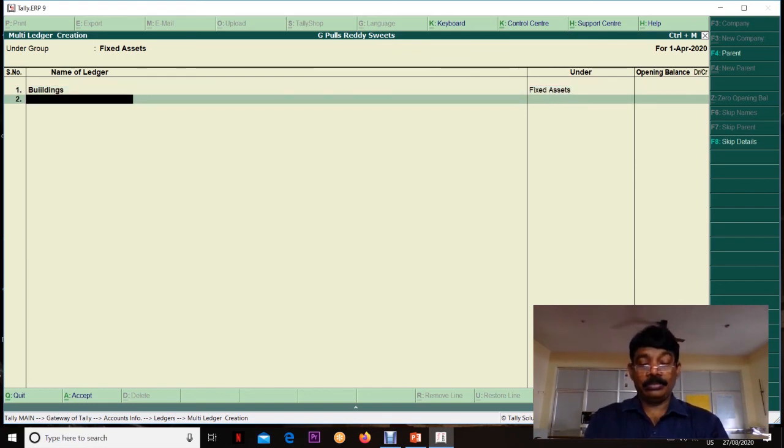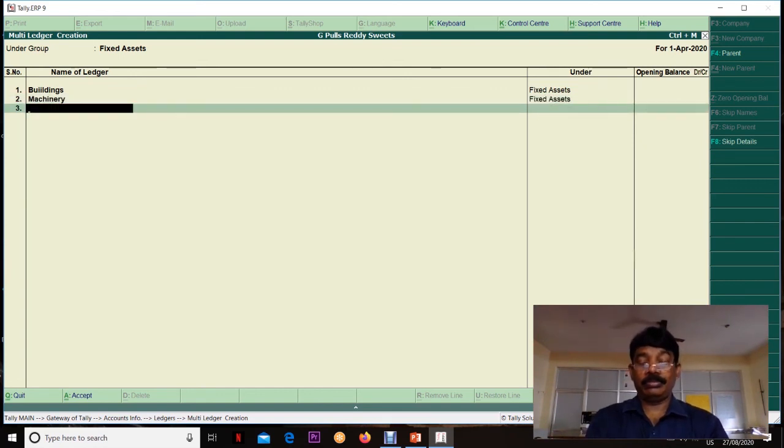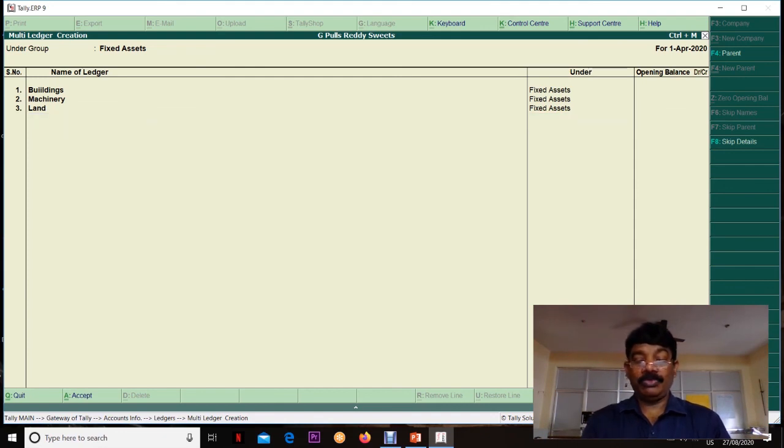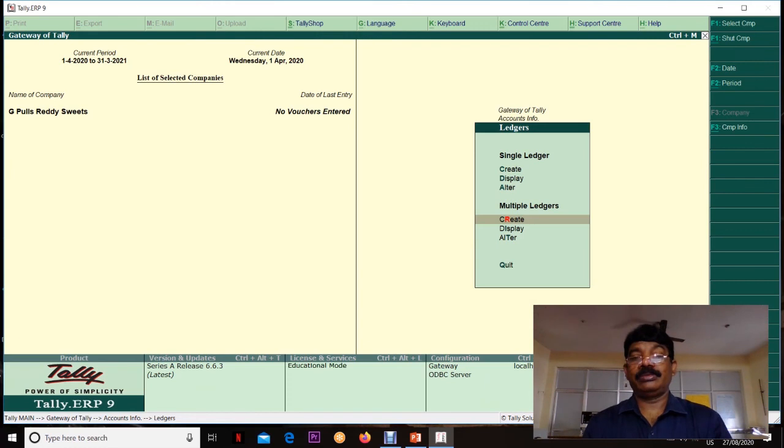I created all these three ledgers under the group called fixed assets under multiple mode. Don't forget to press yes.